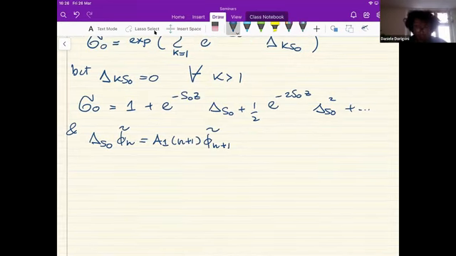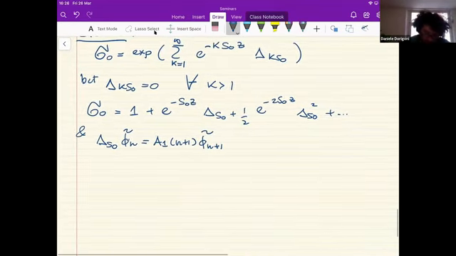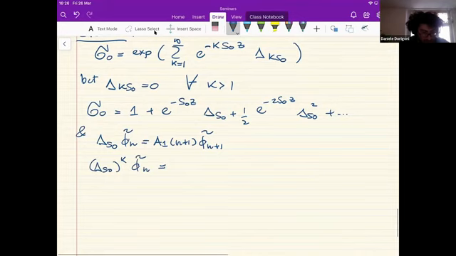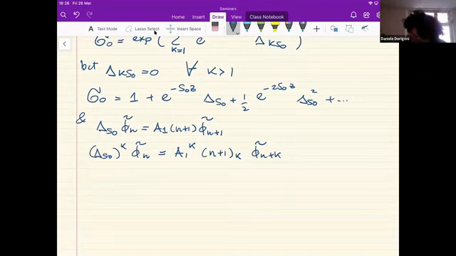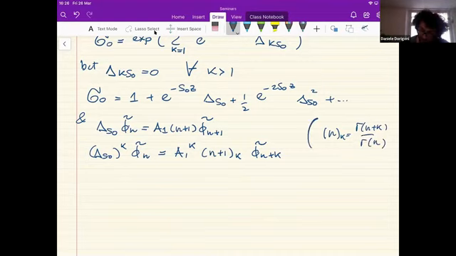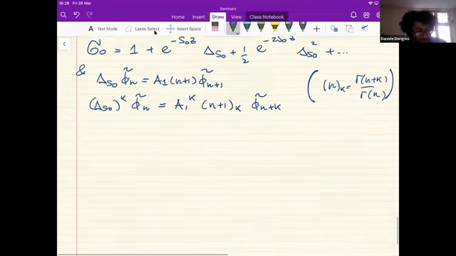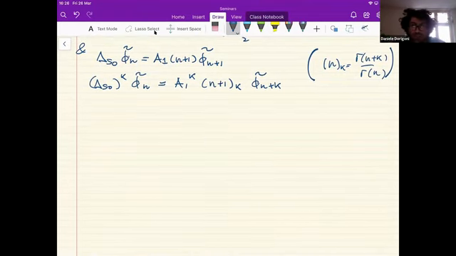So if you act with this guy multiple times, with a little combinatorics, you get A1 to the k and then some combinatorial symbol. Okay, so we have the first bit of the equation. We have computed all the alien derivatives in this particular direction. There was actually just one repeated over and over and over.